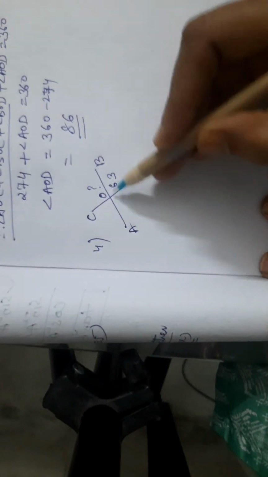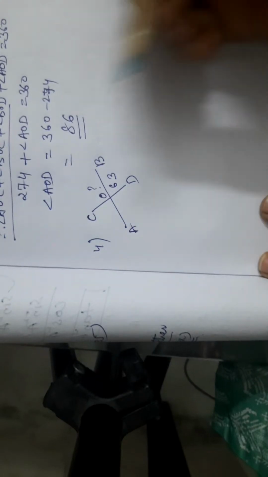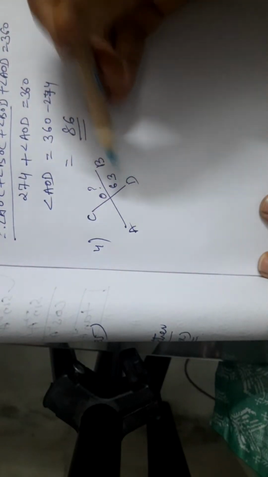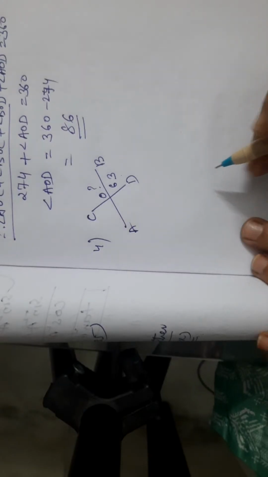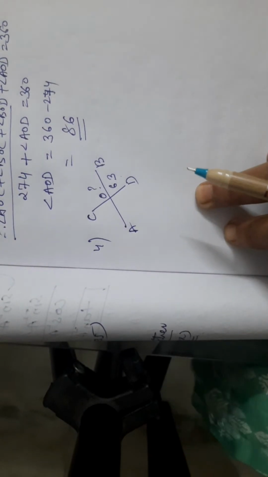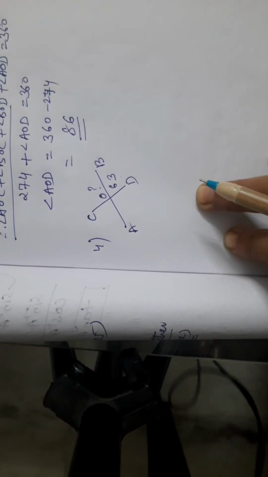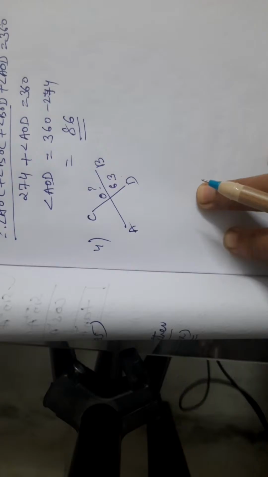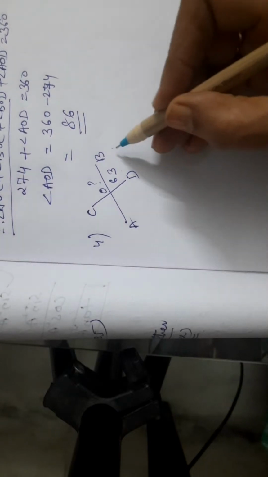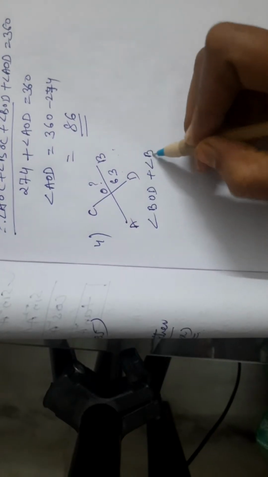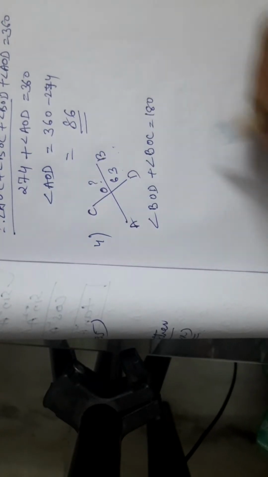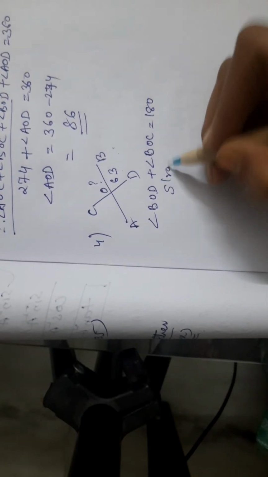If two intersecting lines are there, if they intersect each other, if there is a straight line, it will make a linear pair. And a linear pair is always 180. So here angle BOD plus angle BOC is 180. This we call linear pair,